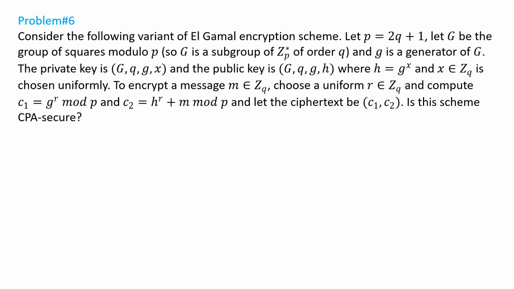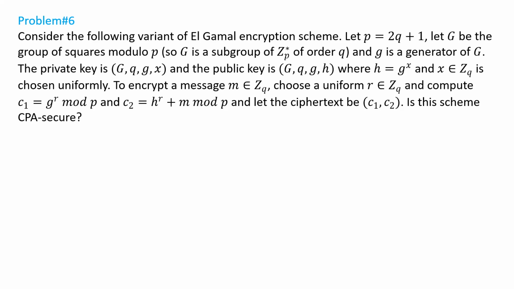you have encrypted in the component C2, let's say like in a CPA security game, what happens? The adversary chooses its own M0 and M1, right? Now the challenger will encrypt either M0 or M1. So let's denote it as MB. Now C2 is of the form H to the power R plus MB mod P. Now C2 minus MB mod P is nothing but H to the power R, which is definitely a group element, right? So we will exploit this fact actually to check whether